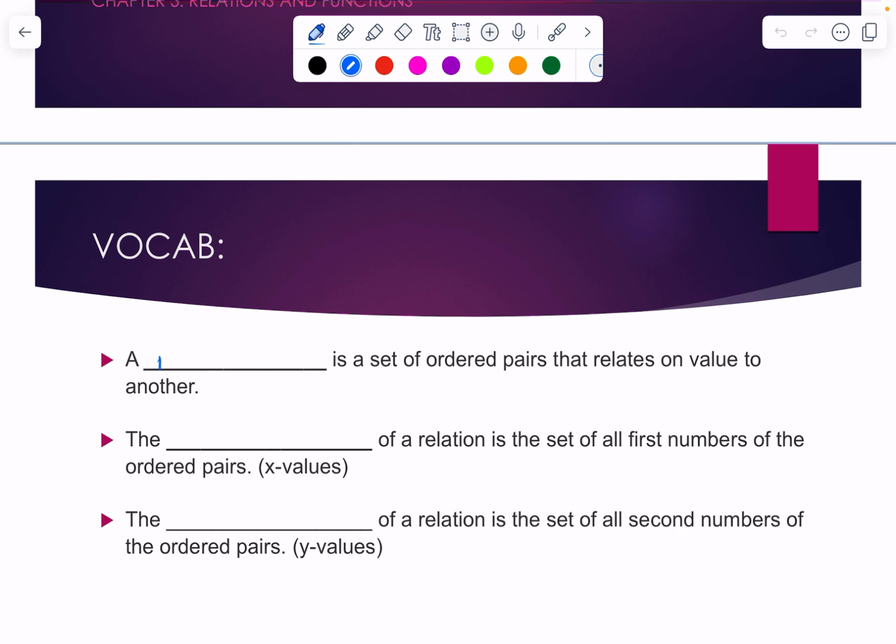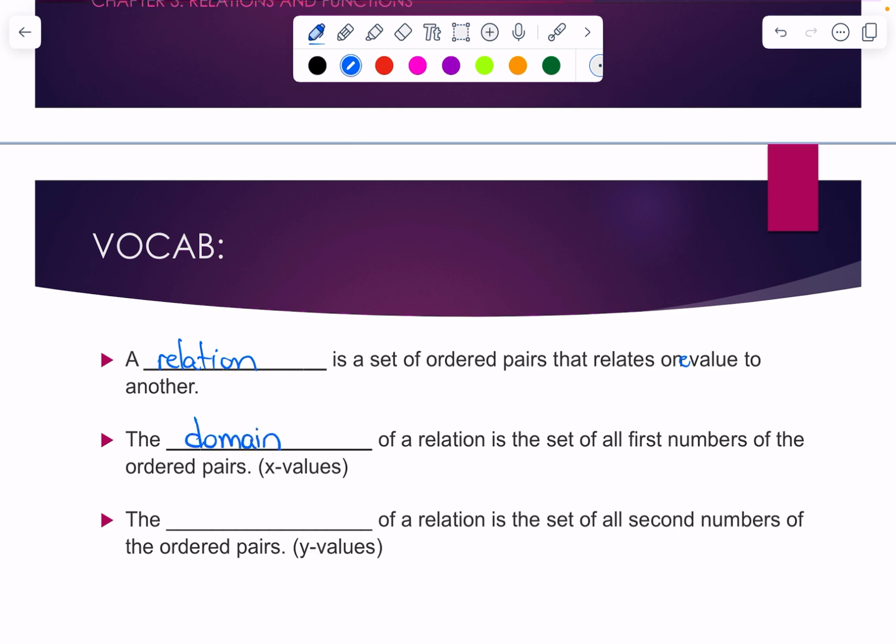A relation is a set of ordered pairs that relates one value to another. Okay, one value to another. So in other words, we have these ordered pairs and the relation is how does this number relate to that number? The domain of a relation